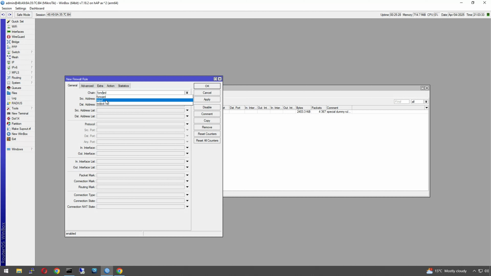That'd be remote access, but it would also include things like what we're doing, like a DNS request to the device itself, and then the output would be any services running on the MikroTik that would be talking to the internet. So what we're going to do is sort out our input chain,